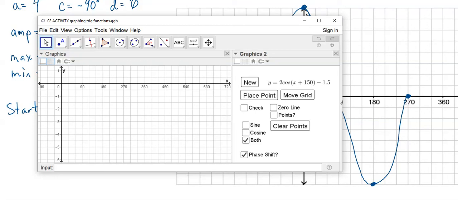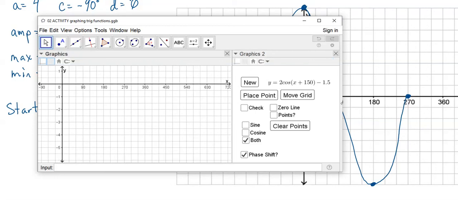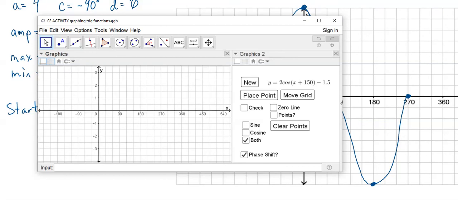I want to move the grid first because I'm going back 150. So I place a point. Oh, this is a tricky one. It's cosine, which starts at the maximum. So I go back 150, which is going to be here. But I have to go down 1.5 and then up